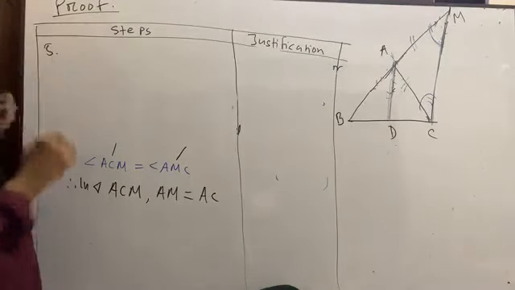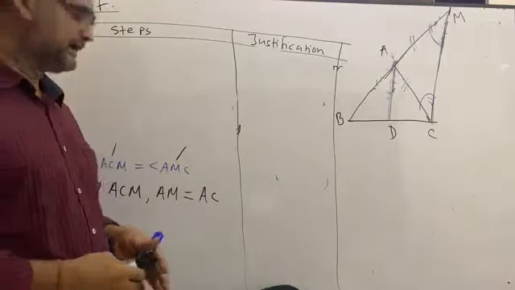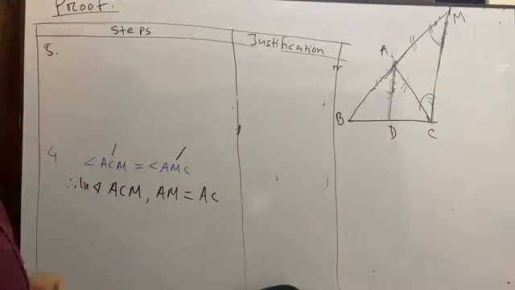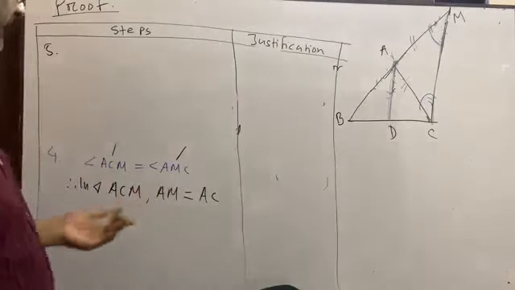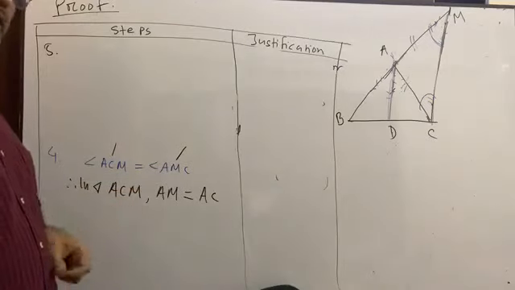Step number 5. Two angles are equal, so their opposite sides will be equal, and it is the way how we can find the opposite sides without seeing the figure. Nothing else. You will just omit the midpoint. Omit the midpoint. Then you will get the opposite side.